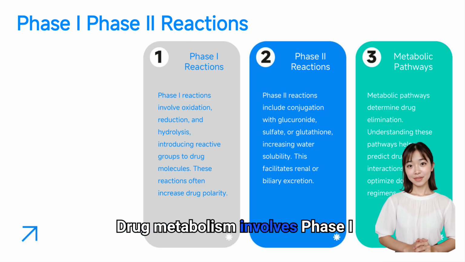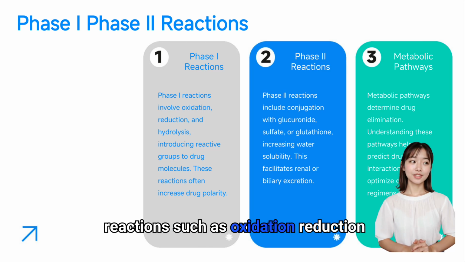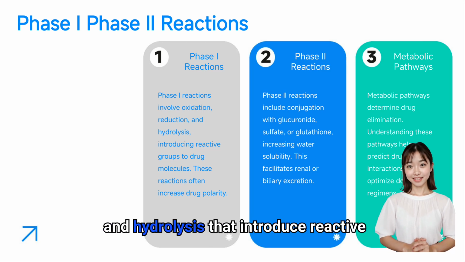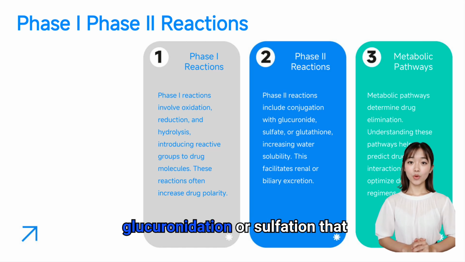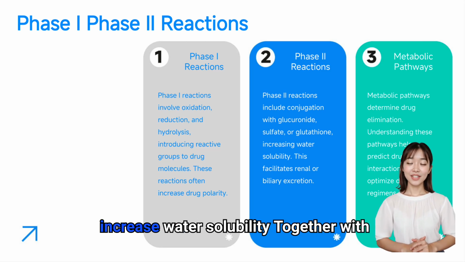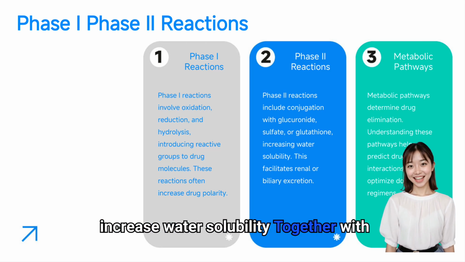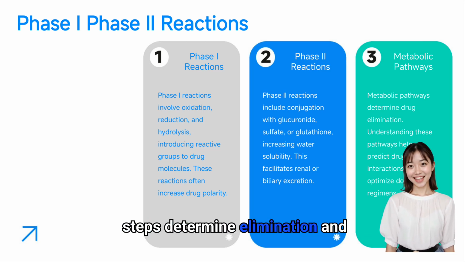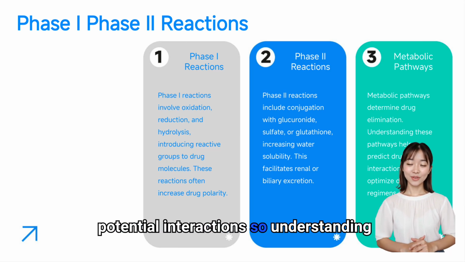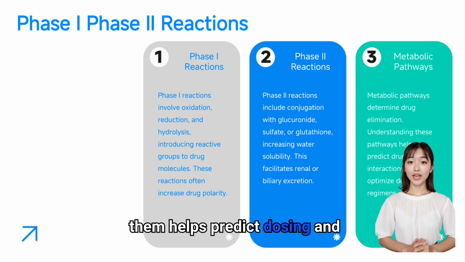Drug metabolism involves phase 1 reactions such as oxidation, reduction, and hydrolysis that introduce reactive groups, and phase 2 reactions like glucuronidation or sulfation that increase water solubility. Together with specific metabolic pathways, these steps determine elimination and potential interactions, so understanding them helps predict dosing and drug-drug